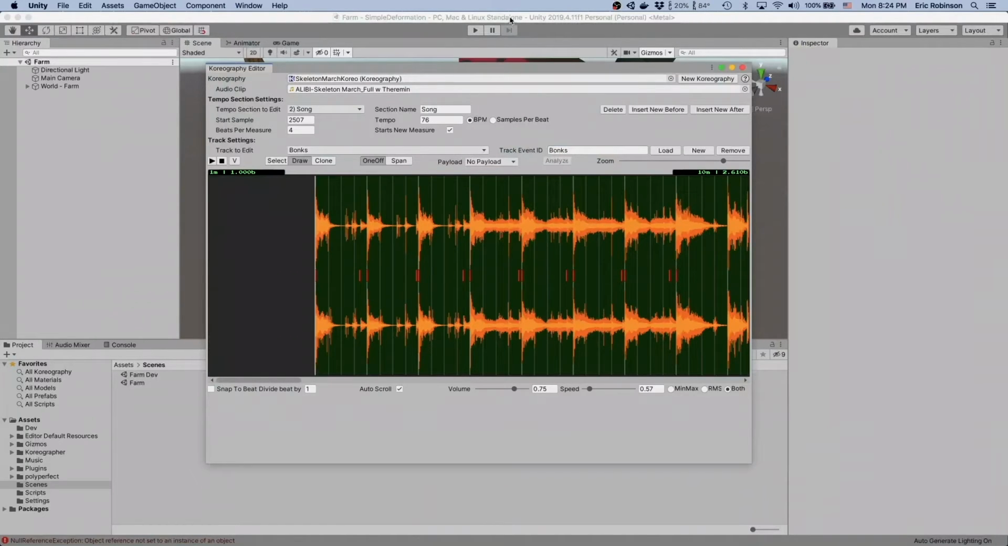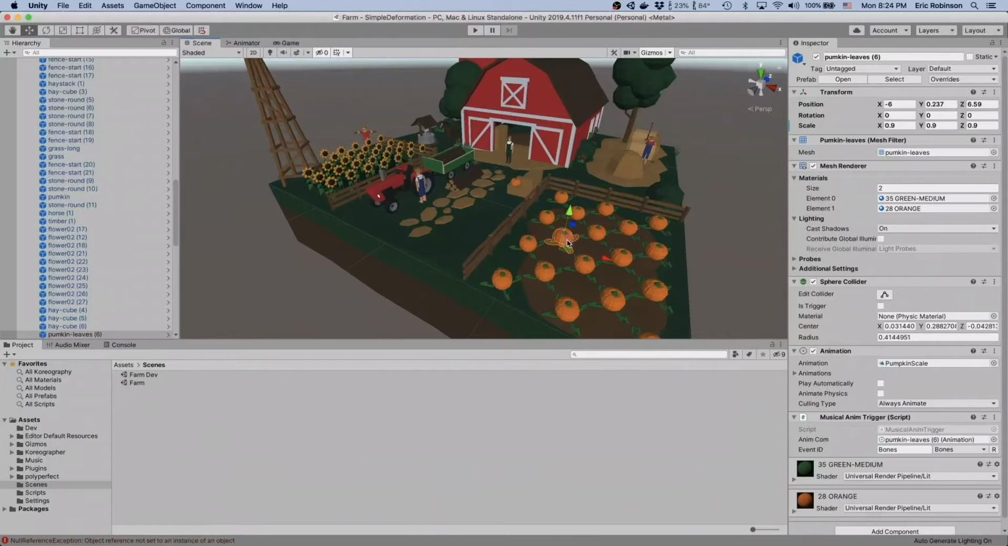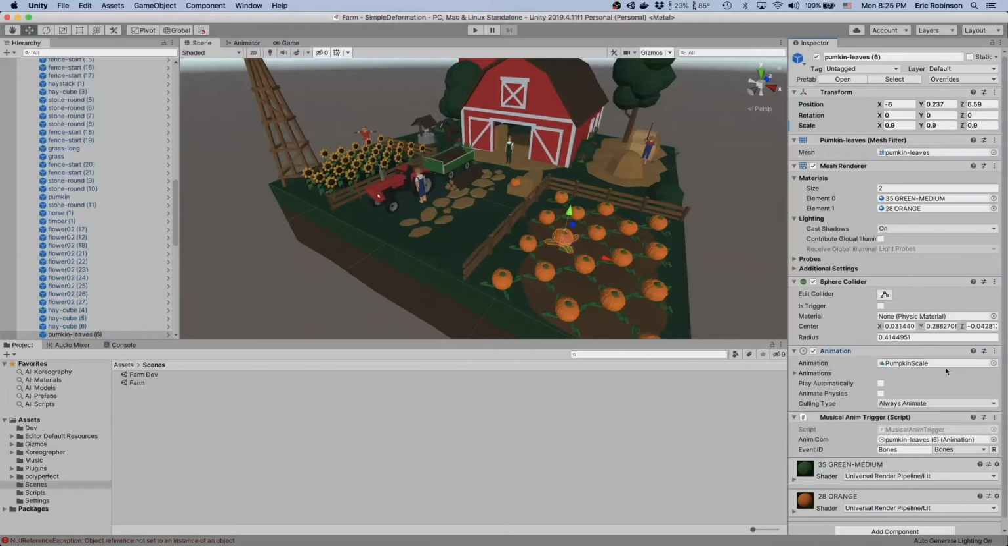Let's take a look and see what's going on over here. Now we have those events. What we need to do is make sure that these objects in the scene can hear the events. They need to be made aware of those sounds in the music. So what we're going to do is click on these pumpkin leaves, and we're going to go over here into the inspector, and we'll see that not only do they have an animation component added to them with the pumpkin scale animation,